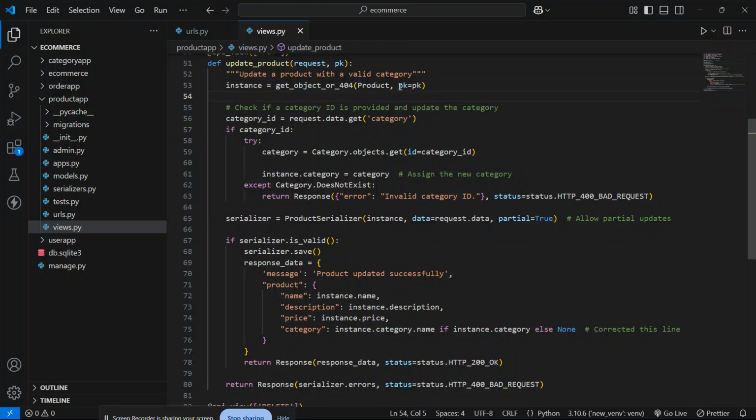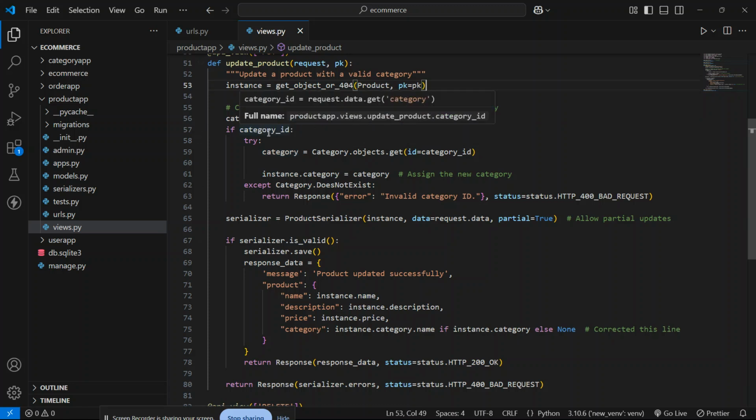And we have to mention pk equals to pk for the specific id. And after that, the category id equals to request data dot get category. We have to take the category id.